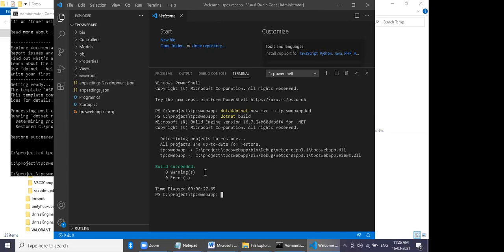Now look at the problem. You remember that day I was telling you that as a developer, if you do a build and then run and then test, half of your time is gone. It's a small code, so it takes at least 1 minute. What will happen if you have a real project? It will take half an hour, 1 hour to build only. Now run it. Just say .NET space run. Enter.